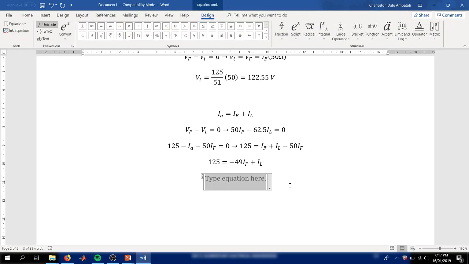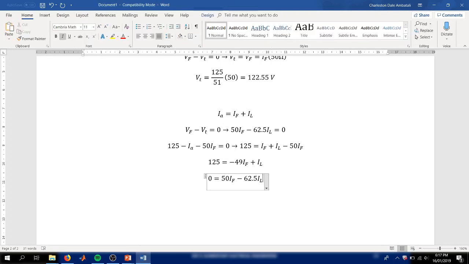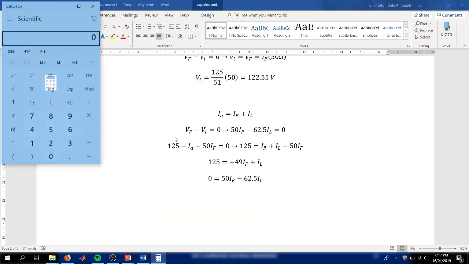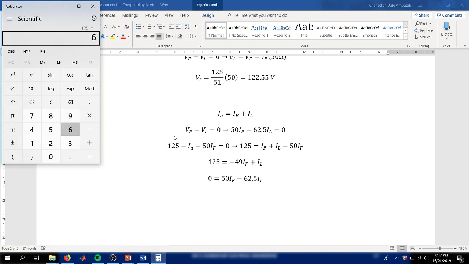And the other equation is 0 is equal to 50 IF minus 62.5 IL. So you're left with two equations and two unknowns. If we multiply the equation at the top by 62.5, what do we end up with? 125 times 62.5 is 7812.5,